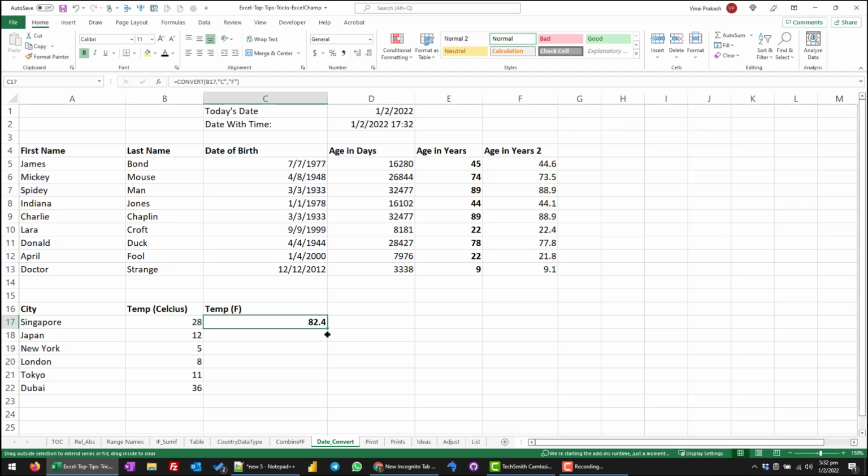So now as you can see, Dubai is 96.8 and New York is 41. So this is temperature in Fahrenheit and this is temperature in Celsius. Moving on,